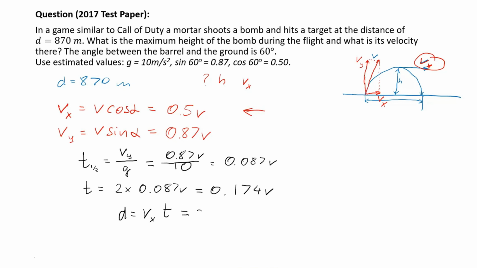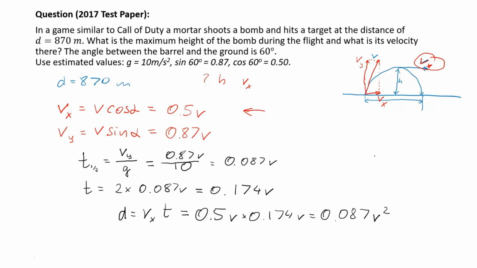Vx is 0.5 v multiplied by time. It is 0.174 v. So this is 0.5 times 0.174. It's again 0.087, but be careful, it's v times v. So we have v squared in this case. 0.087 v squared. But one more thing, we know that the distance traveled is actually 870 meters, and this is